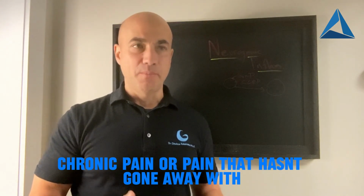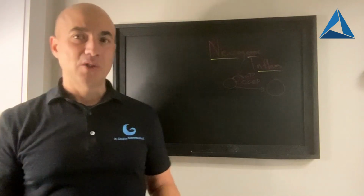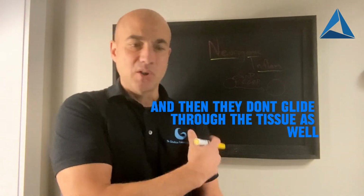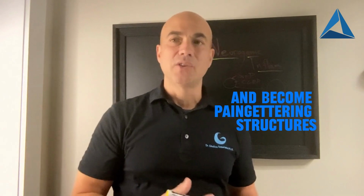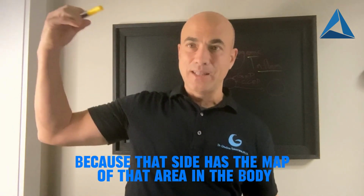pain, or pain that hasn't gone away with traditional rehab systems, is this concept of neurogenic inflammation, where these superficial nerves of the body get inflamed and they don't have a dampening mechanism. These nerves start to swell, create an acidy environment, and then they don't glide through the tissue as well and become pain-generating structures, ultimately affecting the whole region as well as the opposite side cortex, because that side has the